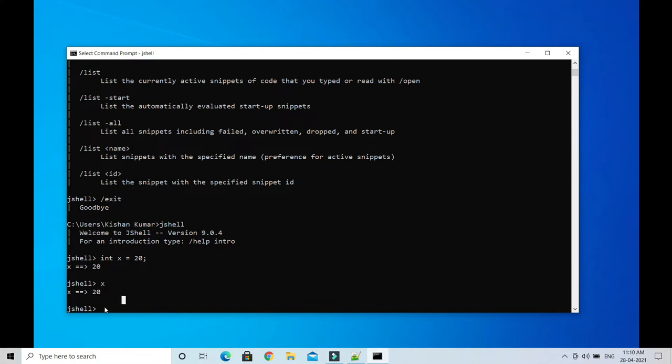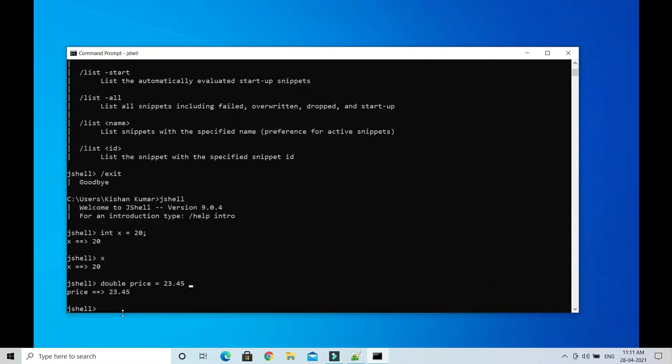Similarly, you can create more variables. Let's create another variable, double price = 23.45. Putting a semicolon at the end is optional; even if you do not provide it, that's fine. So here we have initialized some variables.